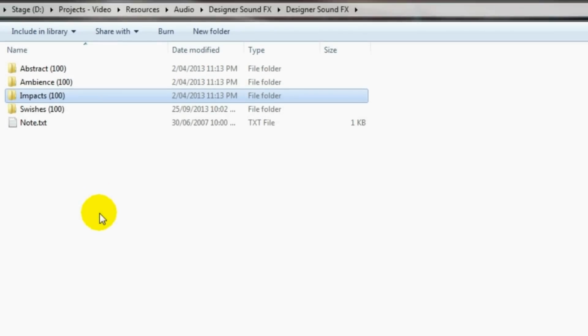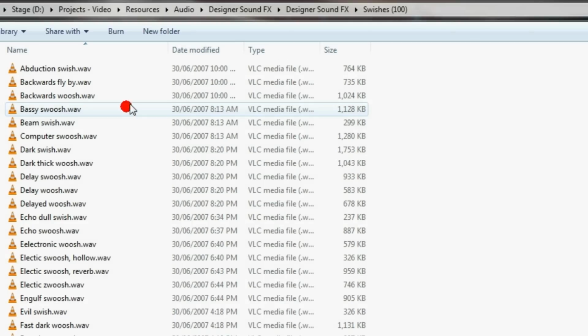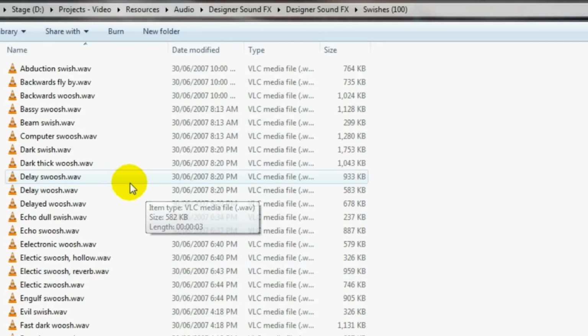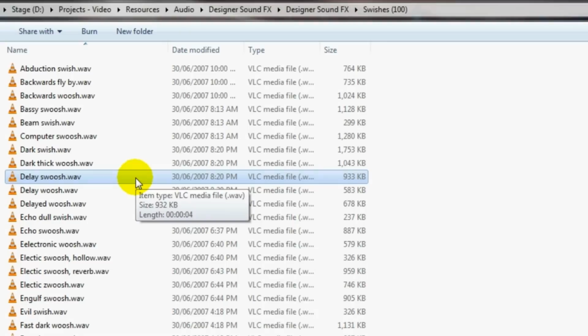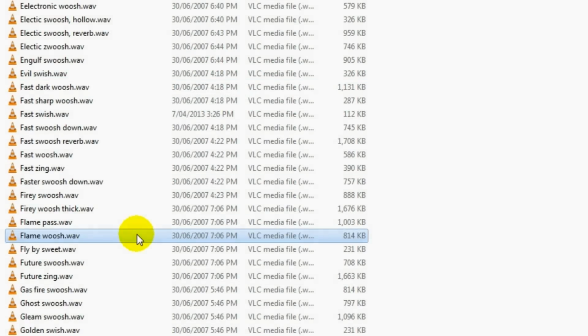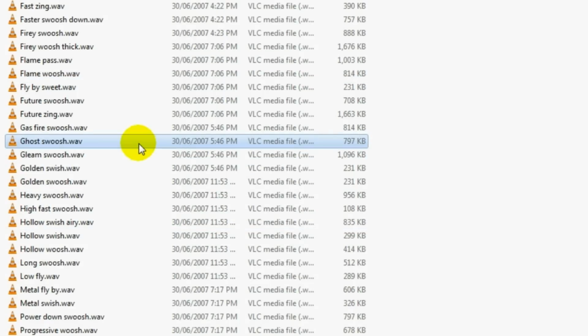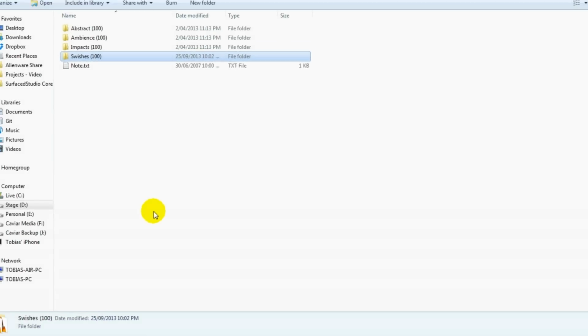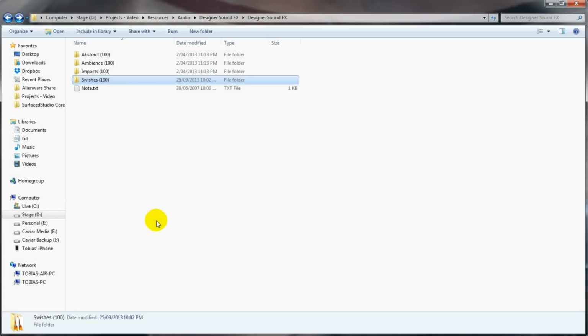Lastly, the Swishes folder in Designer Sounds contains 100 swishing sounds with all sorts of different feels and textures. There's delayed swooshes, flaming sounds, ghost elements, or metallic sounds. Now, Designer Sound is a bit of a random collection, but it does contain some really great